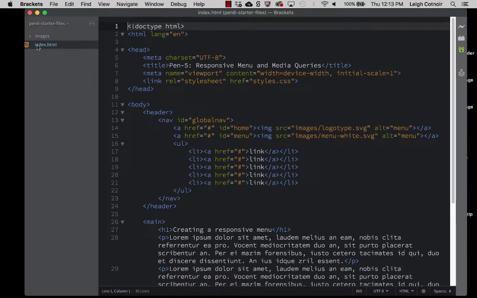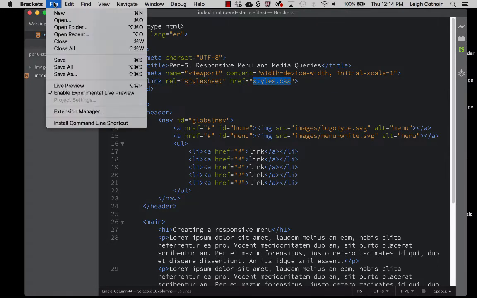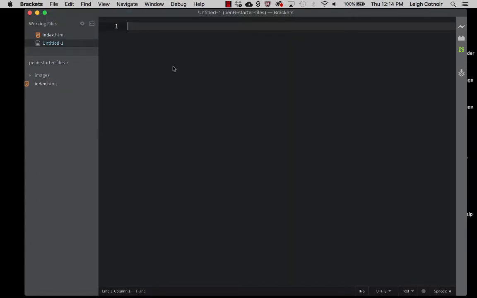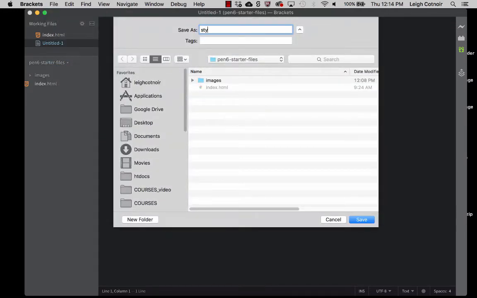And then if I double click my index, now you can see that it's in editing mode because it's showing up here in working files. And the thing that we would need to do is make a style sheet. Right now you'll see that this already has a link here for a style sheet called styles.css, and you see that it's not in any other folder, it's just styles.css. So if we wanted to link that up, then we can go up here and say file new, and we'll save that. Let's do file save, and we'll call it styles.css. And I'm going to make sure to save it in that same folder, Pen6 starter files, so that that link